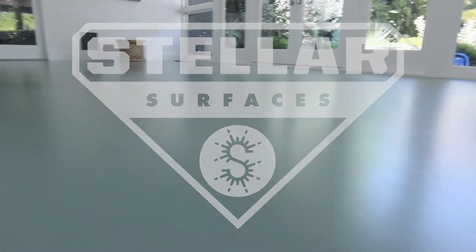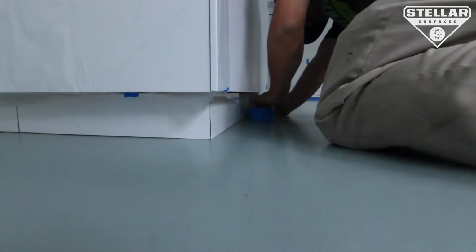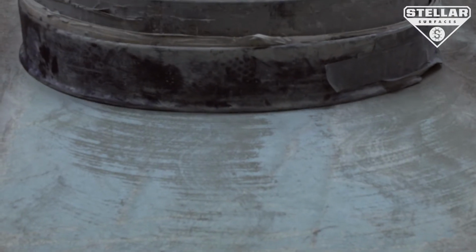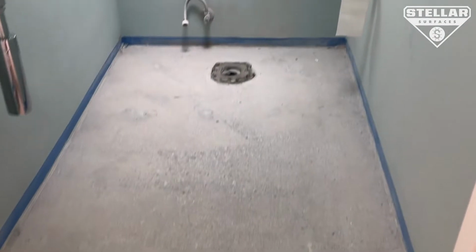On this particular project, we were working in a mid-century modern home in Hollywood, and the existing coating was an epoxy solid light aqua floor coating. It had aged and worn over time, so we were brought in, we removed all of the old coating and